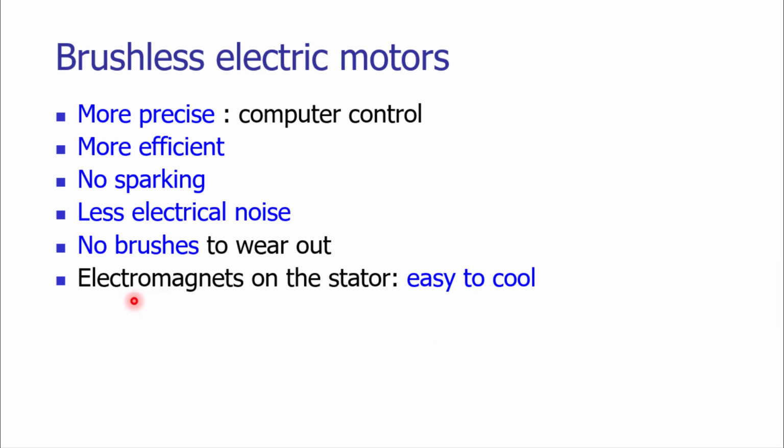But the problem is that the electromagnets on the stator coil, since we are passing the electricity on the electromagnets, there would be heating of the stator coils, but as they are located on the periphery of the casing, we can easily cool them down. We can easily apply the convection heat transfer to enhance the heat transfer on the surface. The design of brushless electric motor is complex in comparison with the brushed DC motor. That's why the cost of brushless DC motor is high.